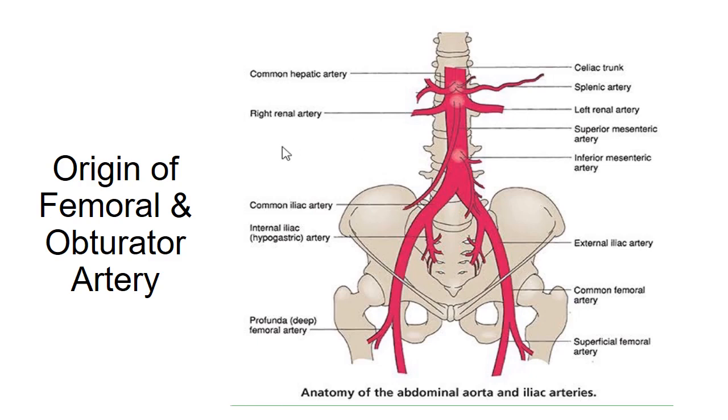So far we have learned there is an abdominal aorta, which is the main vessel in the abdominal cavity. At the level of the fourth lumbar vertebra, it divides into two main branches, known as the common iliac arteries. Each common iliac artery, opposite to the sacroiliac joint, further gives off two branches, the external iliac and internal iliac arteries. The external iliac artery continues downwards into the thigh as the femoral artery. We'll talk about the femoral artery in detail.